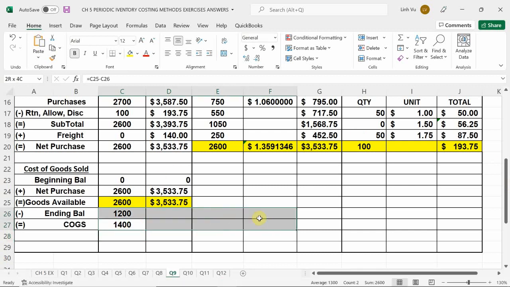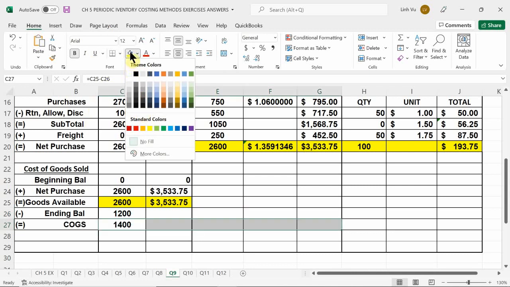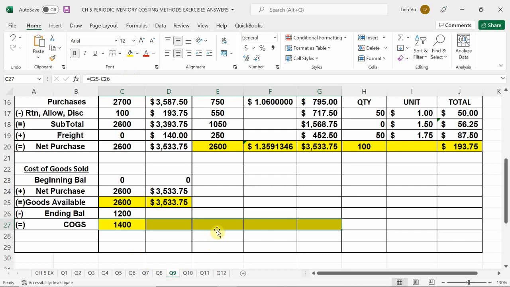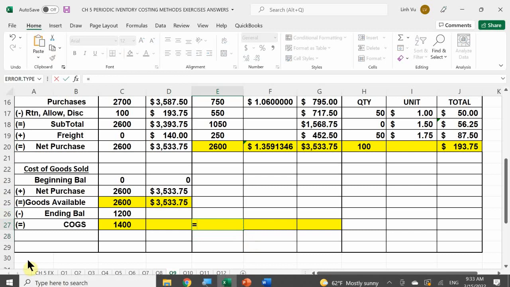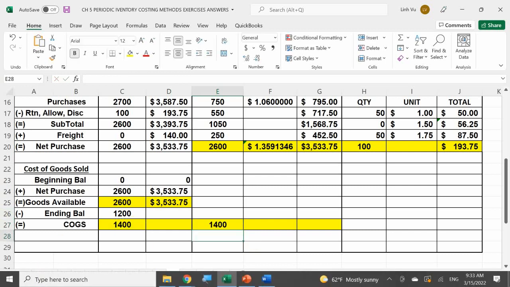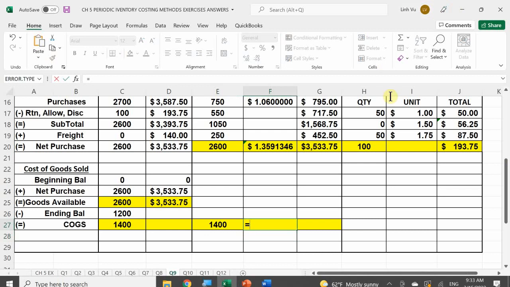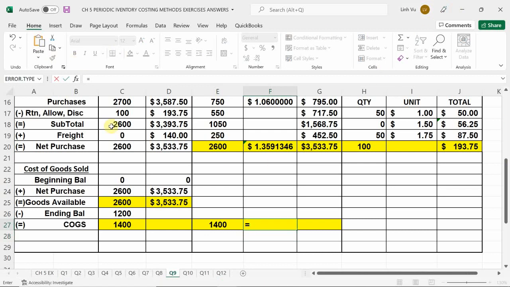Okay, so again, we can solve for either or. We know that our cost of goods sold is 1,400 units. Our average cost per item is that $1.35. So therefore, equal round this. Okay. I need to figure out what 1,400 items is going to cost me if they are